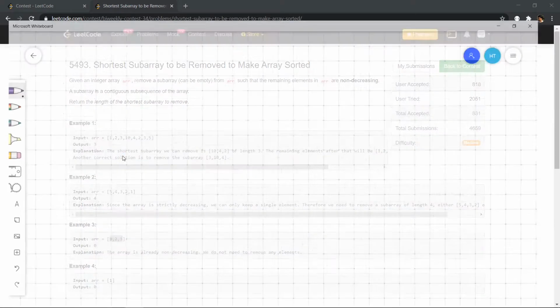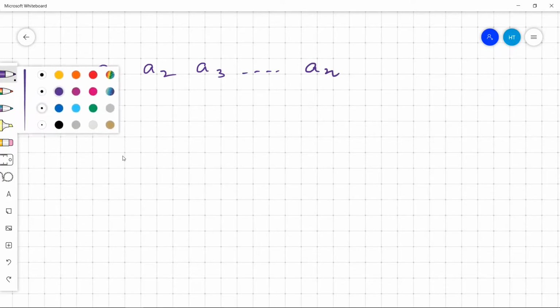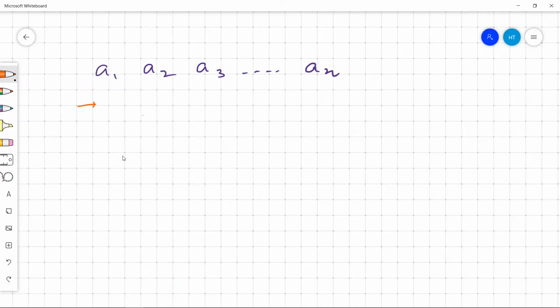Suppose we are given an array A1, A2, A3 till AN. We can observe that, since we have to remove at most one subarray, we can remove a prefix, or a suffix, or some subarray in the middle.